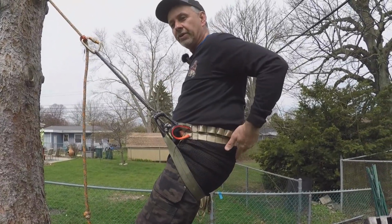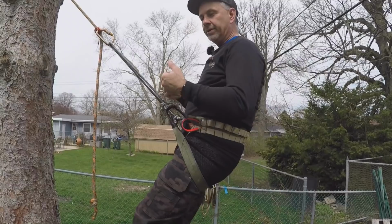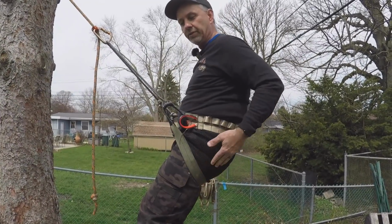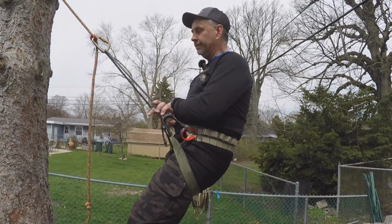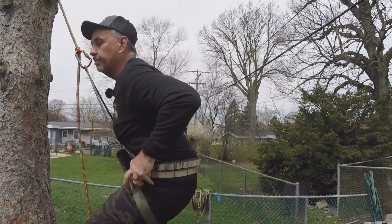I'm not sure, even though my back band goes up here, this kind of gives you that support in the upper back. And it hasn't changed the overall feeling of the saddle. It actually possibly makes it a little bit more comfortable because it comes up higher. But very comfortable. Same thing, if I take that pleat out